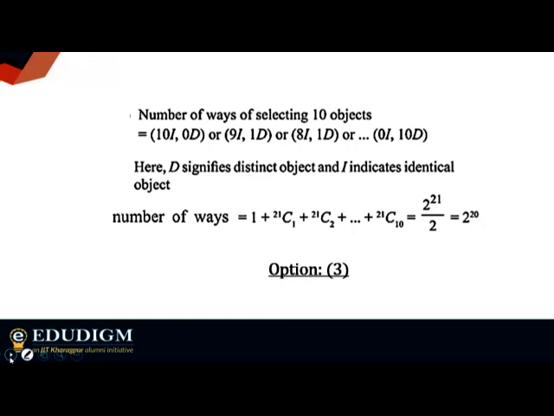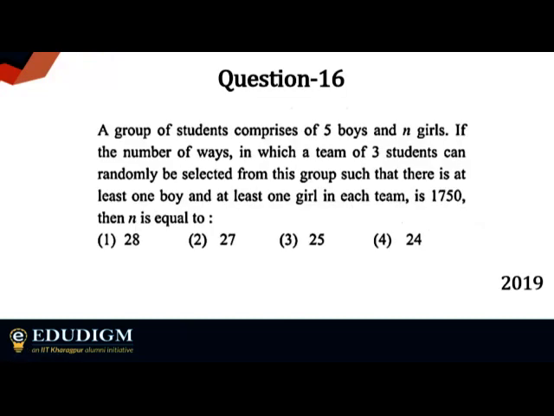So the correct option is 3. All right. Now this is also very simple. You have to just figure out the equation and solve for n. It's not very difficult. You can just point this one out. Not very difficult though. Try this one out. Basically, you'll get a simple equation which you need to solve for n.